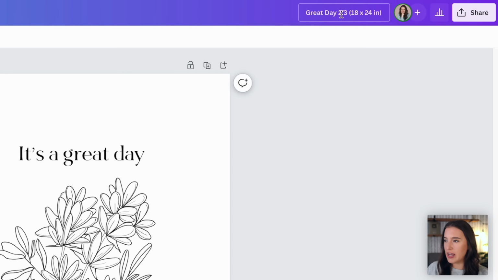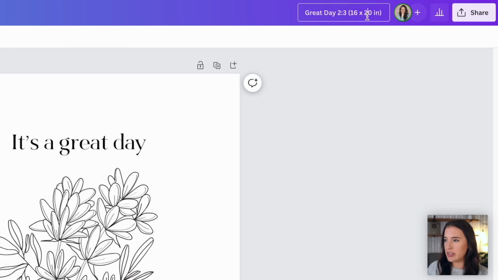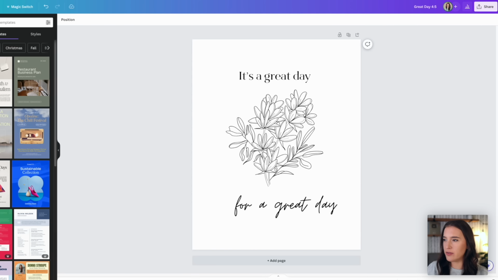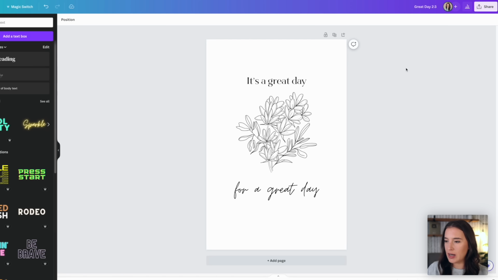I would also want to go through and edit the titles. So instead of saying 2:3, I'm going to say this is my 3:4 aspect ratio. My 16:20 is going to be my 4:5. And then on the 11:14, since that one doesn't really fit into a common aspect ratio, I can just put 11:14. So now I've got all the titles correct for the different size files I have, and I can now